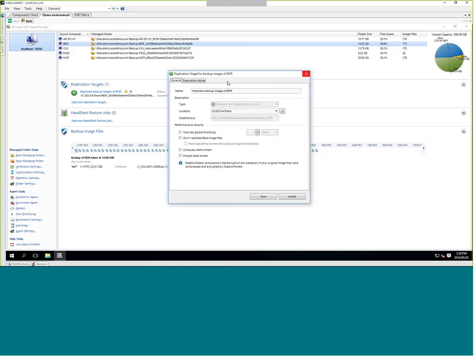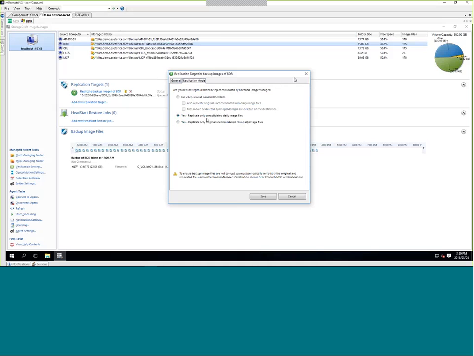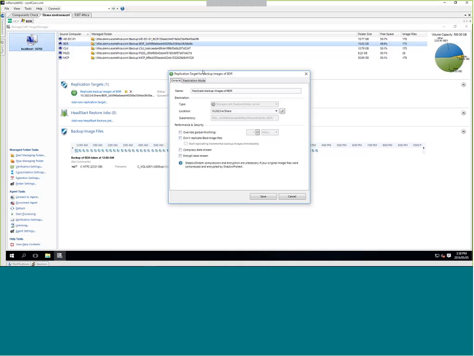And then it's also possible to replicate in a bit of a daisy chain configuration. So you can have multiple instances of Image Manager replicating to another instance of Image Manager and another one down the chain. So you can have, say, replication in more than one location.